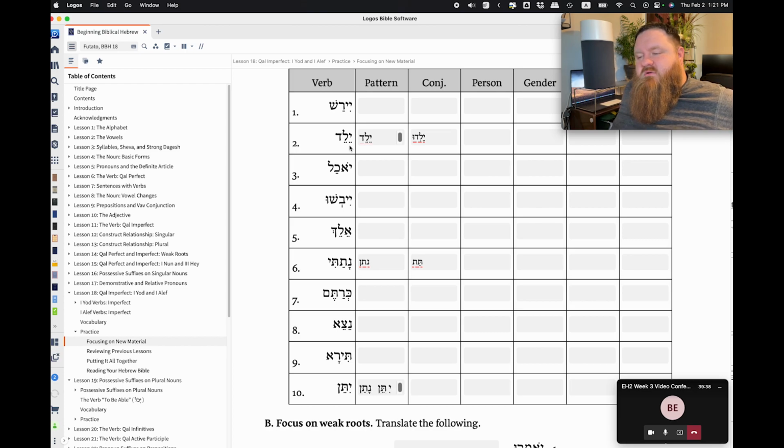So now we can start thinking, okay, what is added and what is missing? What are the letters that might be additional? What are the letters that might be missing? I think it's easiest to start with what's added here. So we could look at this and say, do we ever add a yod to the beginning of a verb? And we do, obviously, in the qal imperfect. The 3ms and the 3mp conjugations, those both have a yod prefix. Now the difference between them is that the 3mp is going to have a shureq suffix, and this does not. So right there, we've got the information we need to parse this out as a qal imperfect 3ms form of,